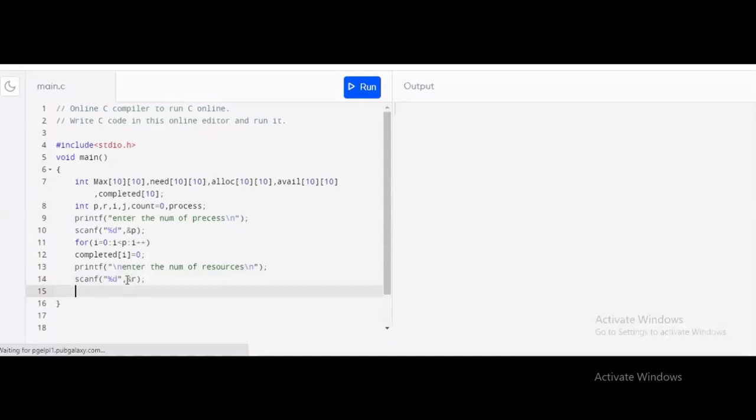Now I will print the maximum matrix for each process. So I will write printf, enter the max matrix for each process.